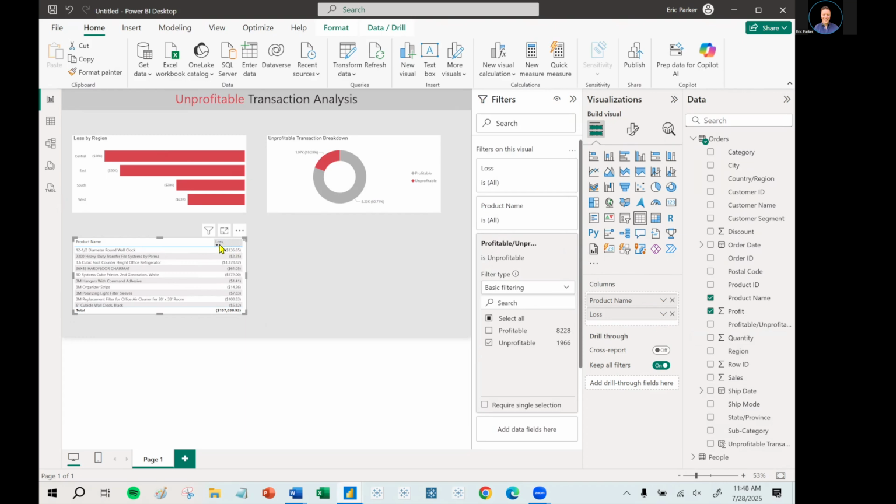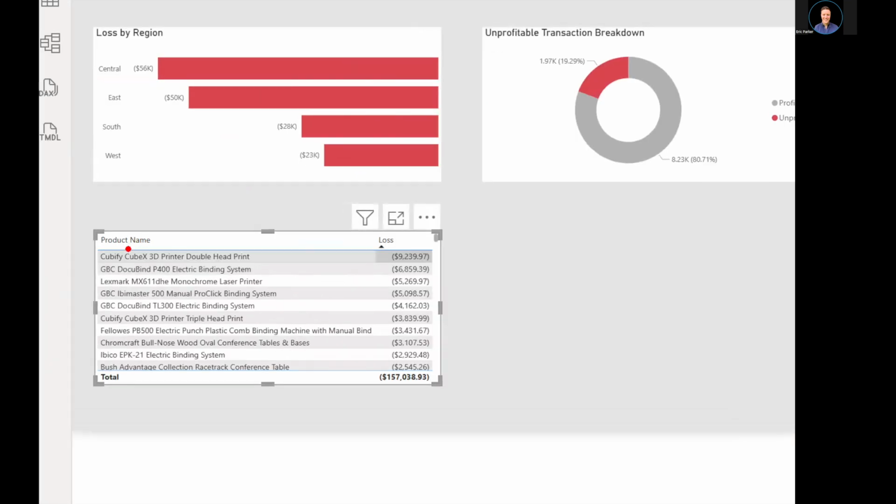Now, if I want to sort it by the products that lost the most money first, one of my ways of doing that is by selecting this loss header. Let me expand this visual a little bit. It defaulted to the highest values first, highest being $0. Well, let me instead sort it like this. So now it's going to be the biggest losers first. You can see if I scroll in there or zoom in there, Cubify printer, there are over $9,000 lost